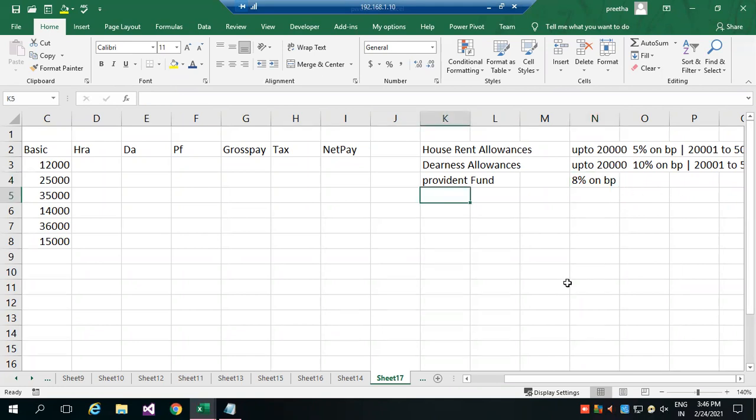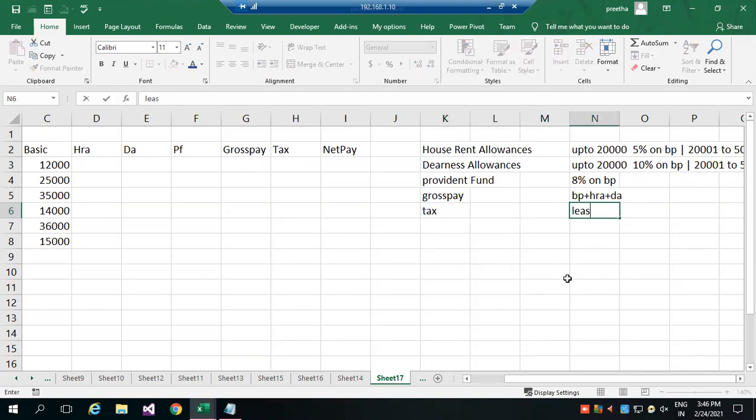Then gross pay, you have to add basic pay plus HRA plus DA. This is gross pay. Taxes, we will fix as the least value among HRA, DA and PF.